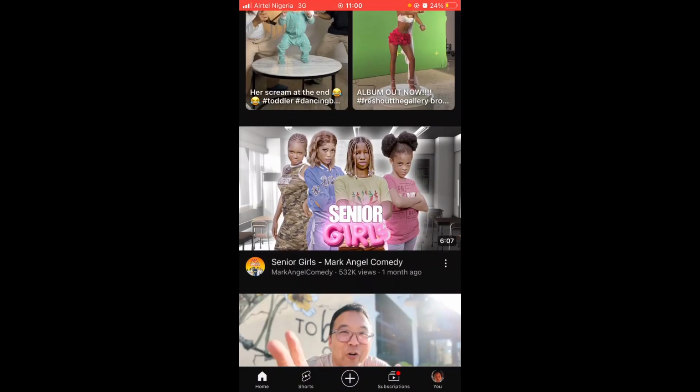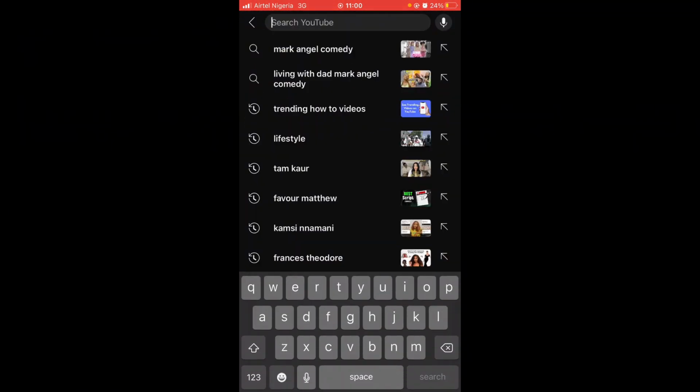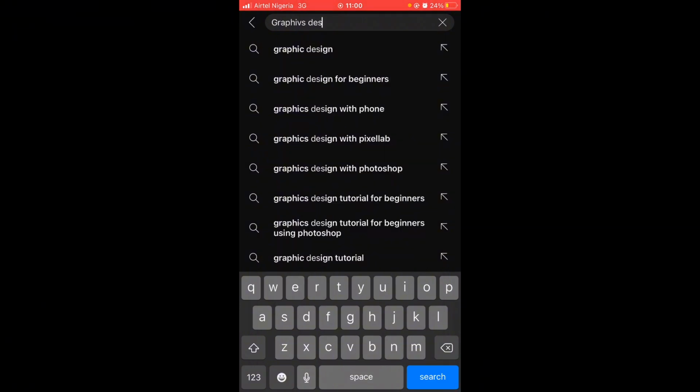you're going to go to the search bar up there, and you're going to type whatever skills you want to learn. Firstly, if you want to learn about website designing or graphic designing, you just type anyone you want to go for, but it will be a little bit different. So for me, I want to learn graphics design, so I'm going to tap graphics design